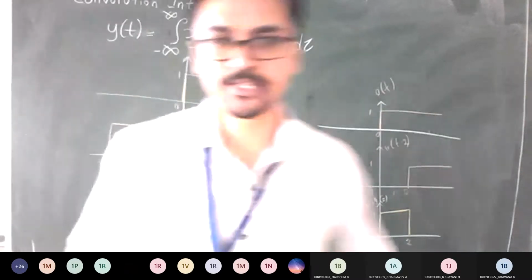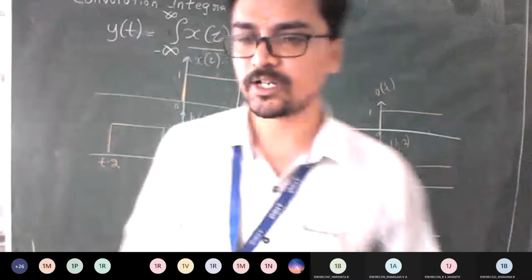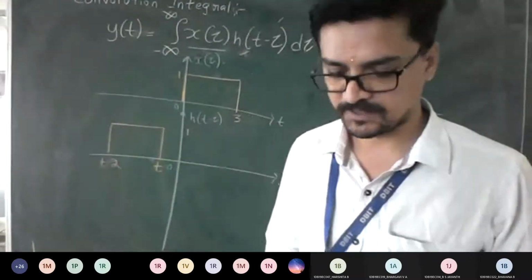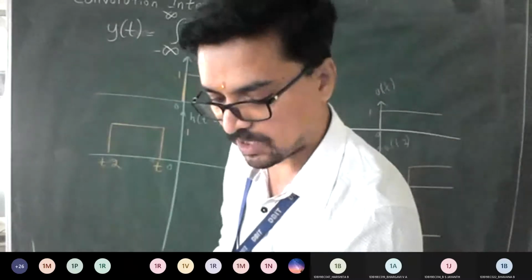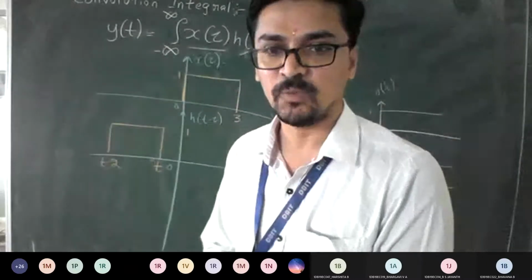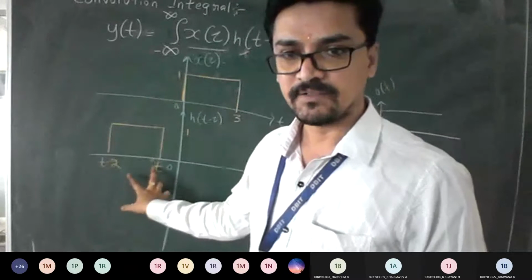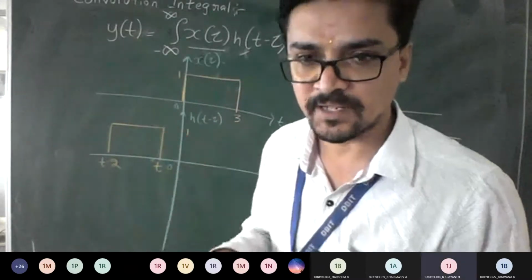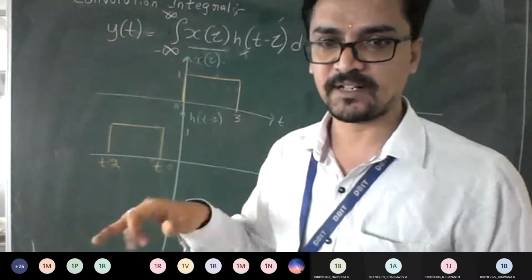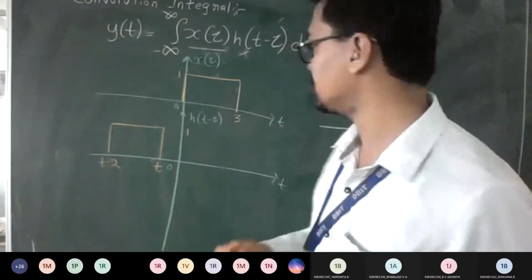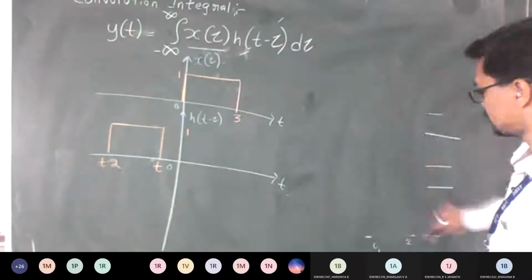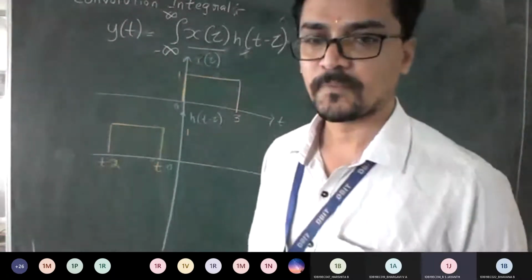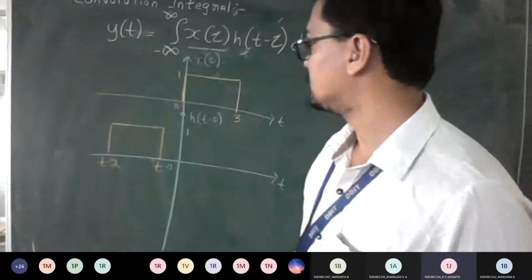So now we need to check whether convolution happens between these two or not. Tell me what are the different cases you can expect. Once you have the waveform, it is just a movement of this with respect to this. You just keep moving and check whether overlapping occurs or not. If it occurs, apply the integral. If not, it is 0. Simple. Is it okay? So now you should tell me what cases you can expect. t less than 0, t greater than 5.